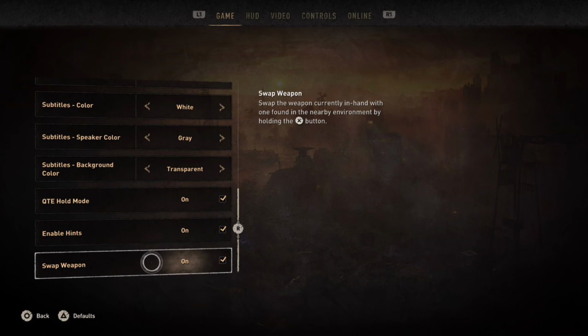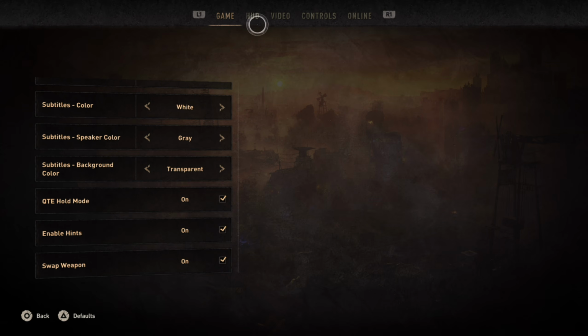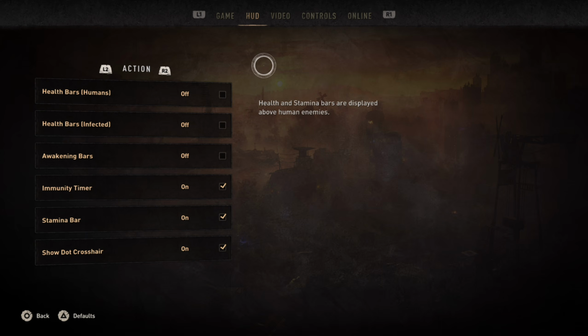This basically means that if you want to pick something up in the environment and start using it straight away, perhaps you've found a really cool blade or something that's got some good damage stats, then having this option turned on just lets you equip that blade nice and quickly if you hold down the action button, which is X on PS5. Moving over to the HUD tab next, this is where we'll be able to hide and view certain